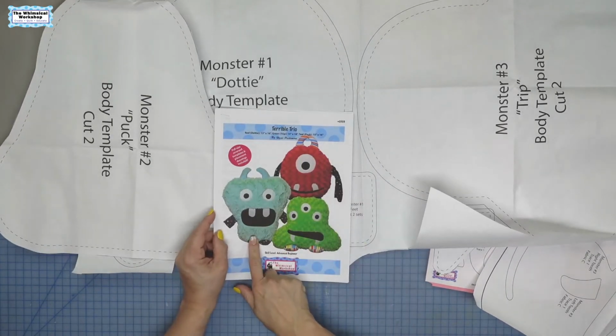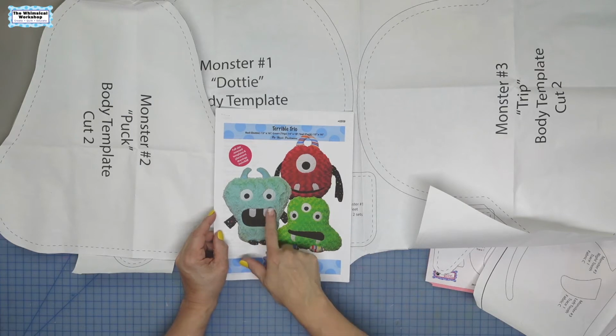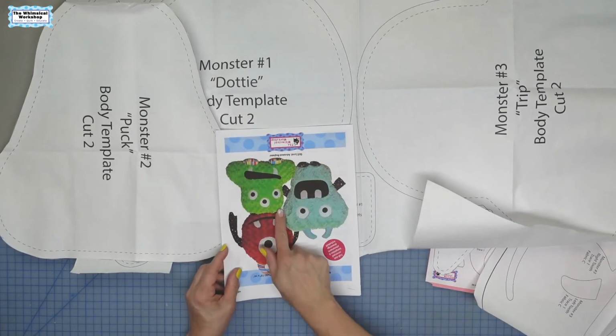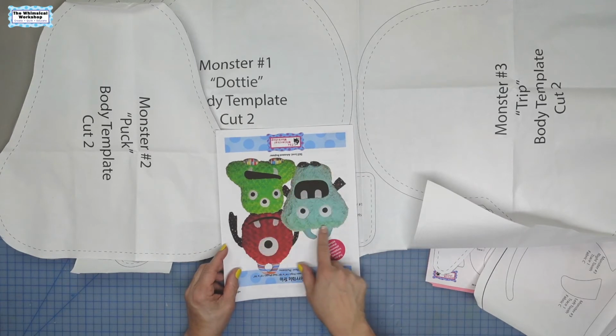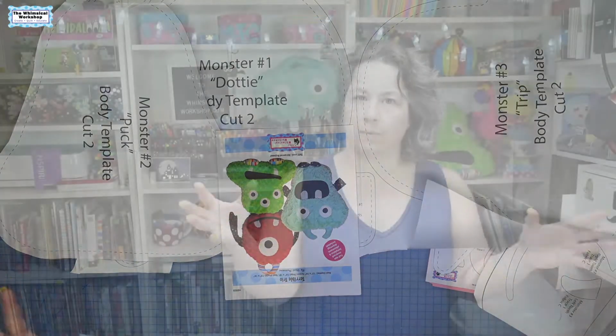So the beauty of this pattern and these monsters is I've made these 3, but you can use this body with this eye. You can mix up what the teeth look like. You can change out the arms. But tonight I'm going to take the body of Puck and do it upside down and create a whole new monster. I'm using part of the eyes from Dottie and the mouth from Trip, and we're going to combine them all